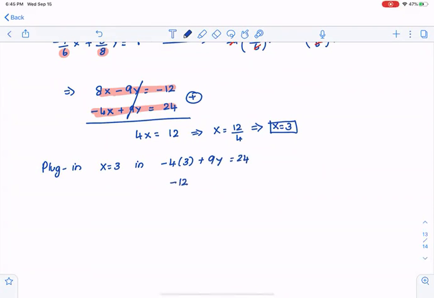So -4 times 3 is -12, plus 9y would be equal to 24. Add 12 on both sides. 9y would be equal to 24 plus 12. 9y would be equal to 36. Divide by 9 on both sides. y is 36 over 9. Therefore, y has to be